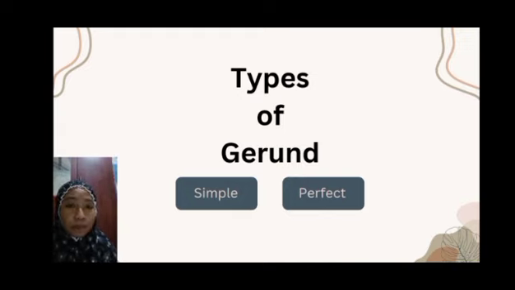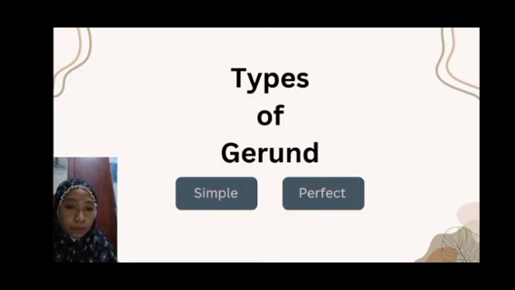And then the perfect gerund itu ada dua macam bentuk gerund perfect tenses, yaitu present tense. For example, learning, walking, reading, driving, and etc. And then untuk perfect tense, for example, having learned, having read, having written, having walked,